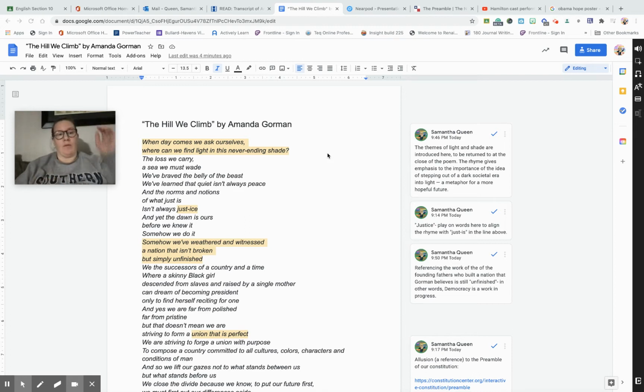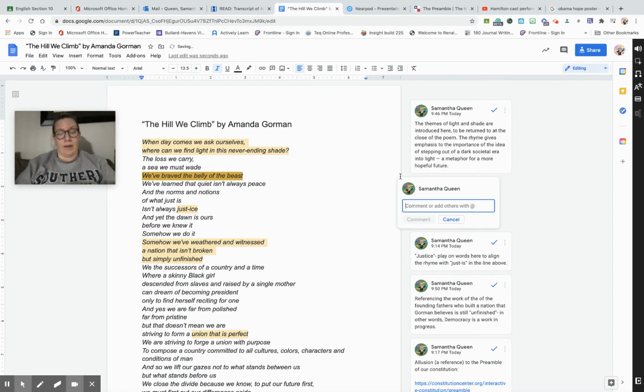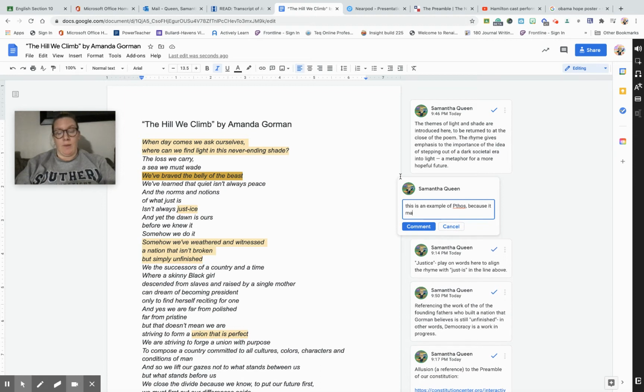But for you, you're going to have to make your own annotations looking for ethos, pathos, and logos. So how do you do that? There are two things that I suggest. Number one, automatically, when you highlight a section, like say you want to highlight this line right here where she says, "We've braved the belly of the beast," and you want to make a note of that as being pathos. You could highlight it, and then you see over right here, this little plus sign pops up. You could just click it, add a comment, and say, "This is an example of pathos because it makes